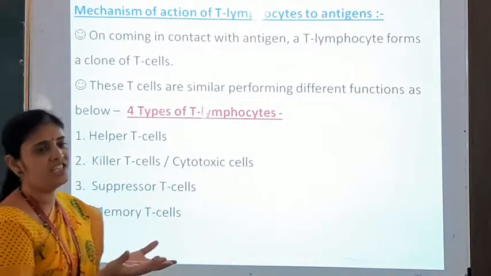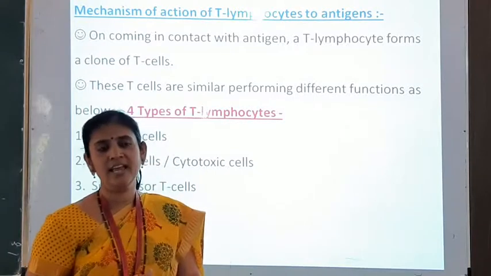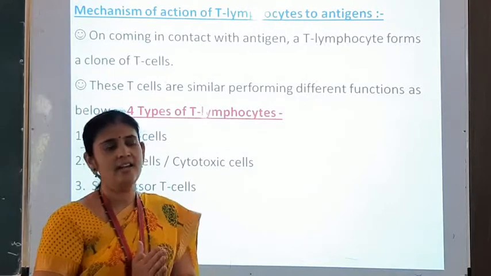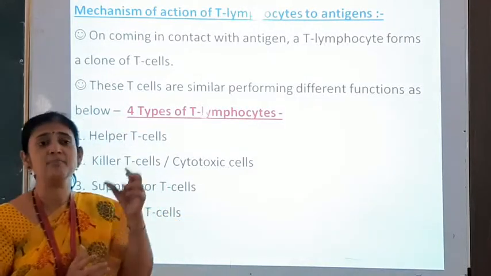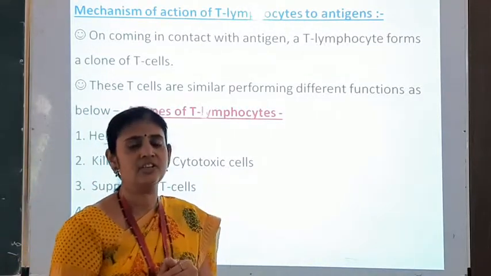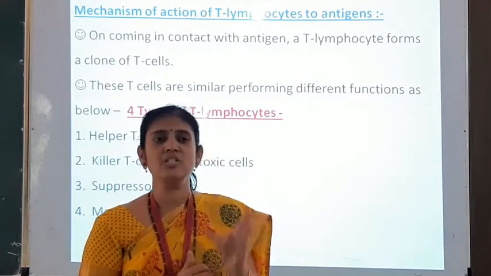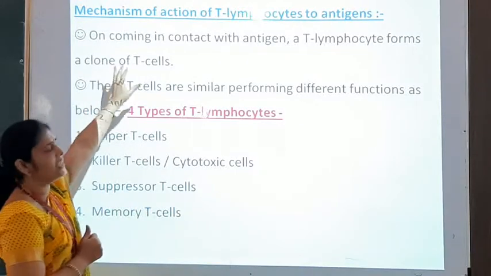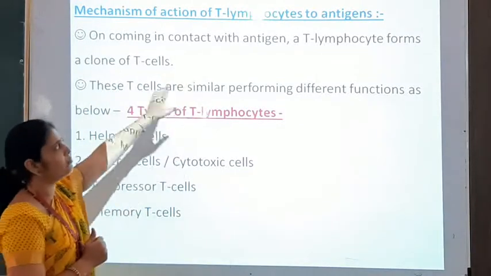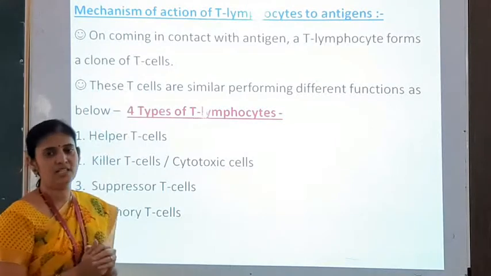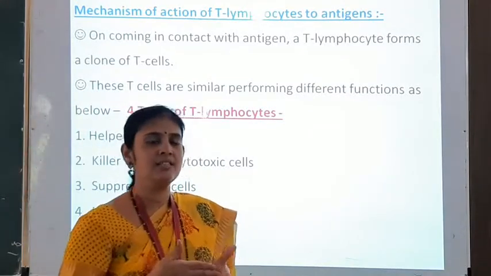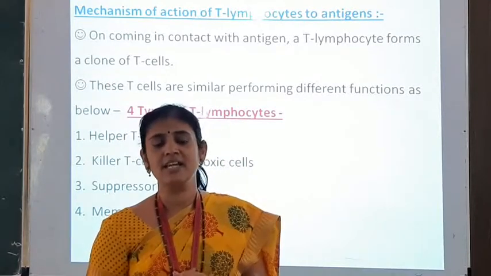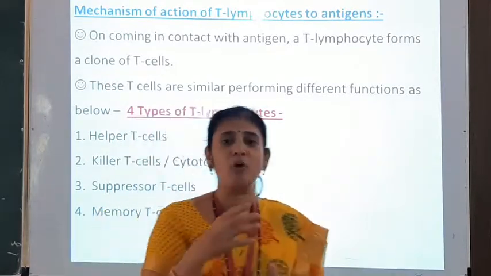Suppose some antigens are coming inside our body, then from our immunity system the T lymphocytes get stimulated and they produce different types of cells, as we have seen in the last lecture, and therefore the T lymphocytes show cell mediated immunity. So on coming in contact with antigen, a T lymphocyte forms a clone of T cells. When antigen is introduced in our body, the T lymphocytes get stimulated and show proliferation of T